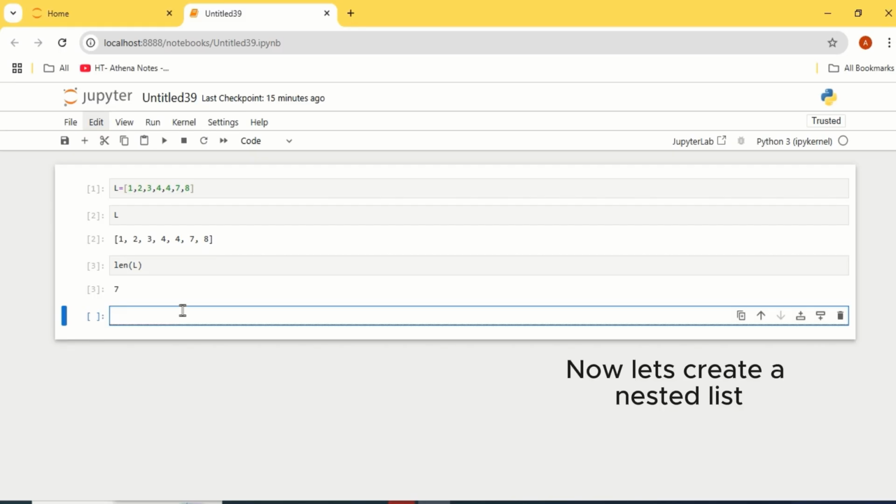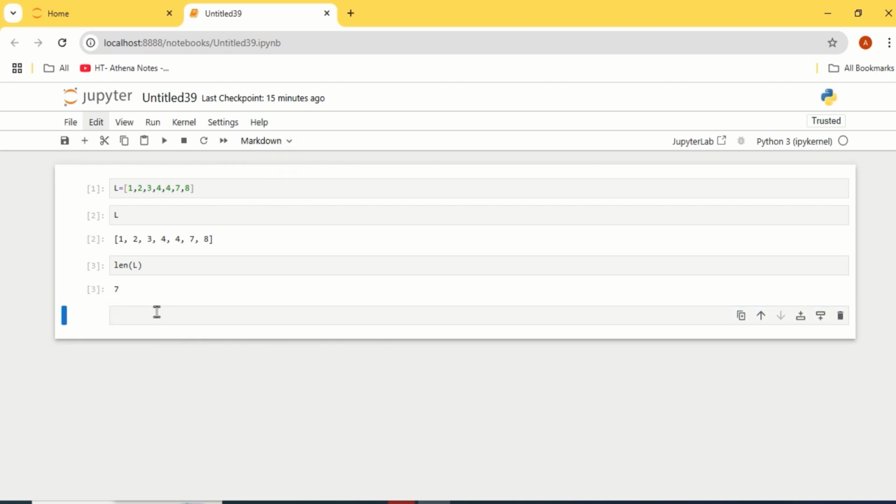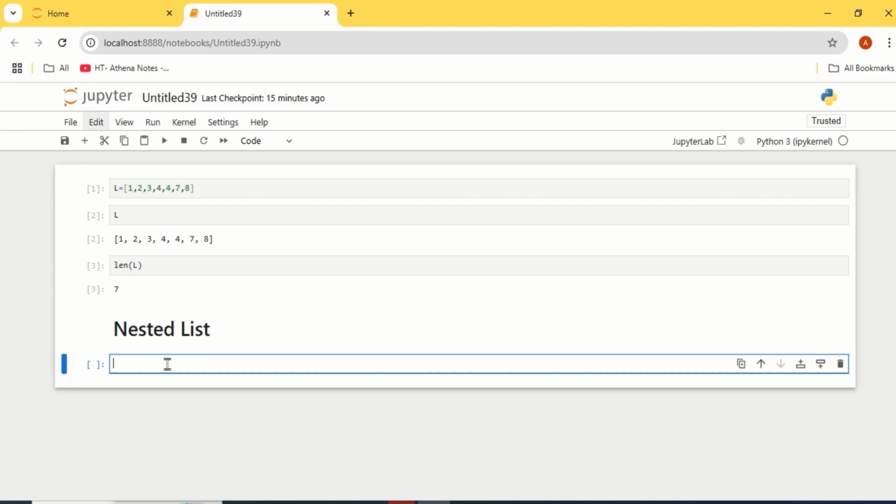Now let's create a nested list or a compound list. Let's give the heading as nested list. Nested list contains different types of elements like strings or numbers or even other lists inside it. Let's name this list as L1. L1 contains elements like 2, 4, and also a list like this,